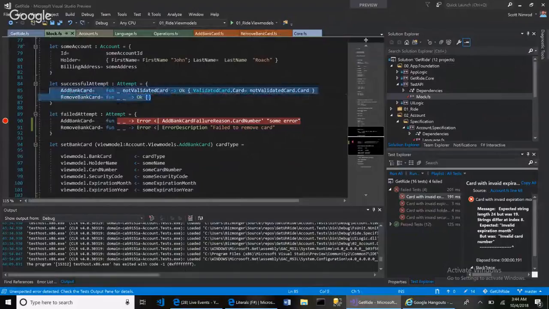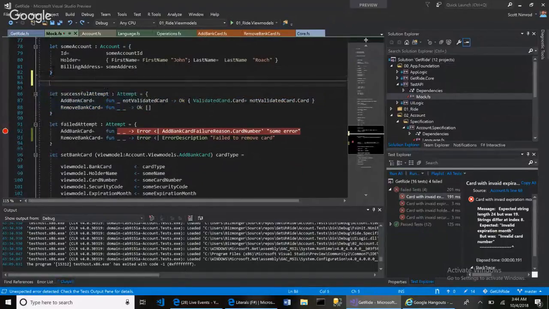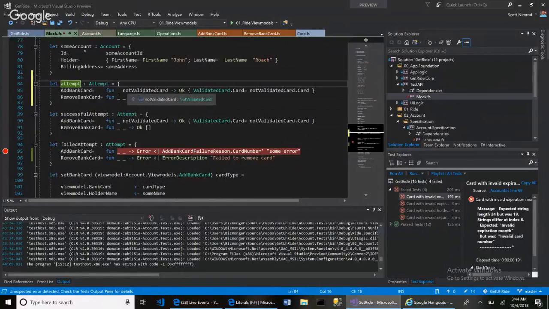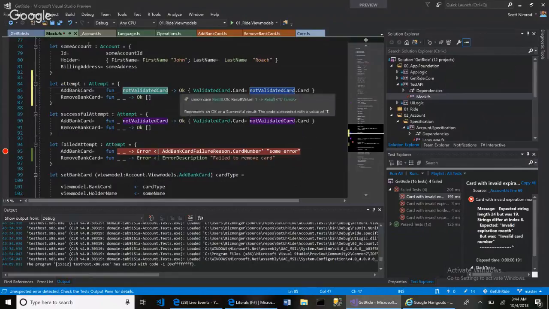I should probably write another function called attempt, like that. The first one is the account, the other one's a not validated card. And for add a not validated card, I should probably